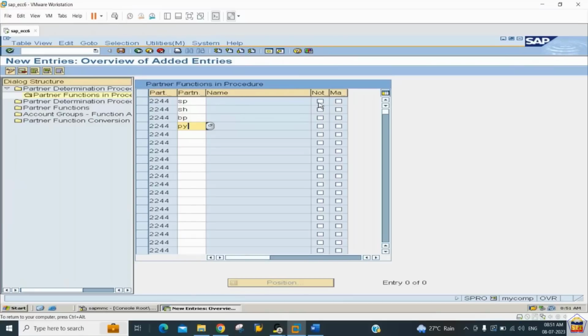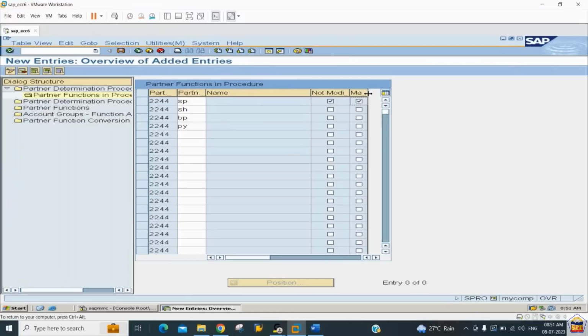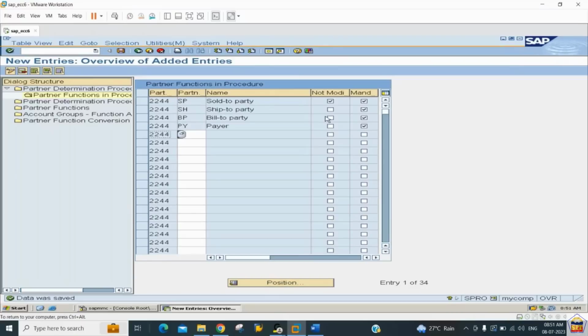So for the sold to party, you can select first these two check boxes, not modifiable, not mandatory. And for the remaining three, you can select this mandatory checkbox, press enter button, save,